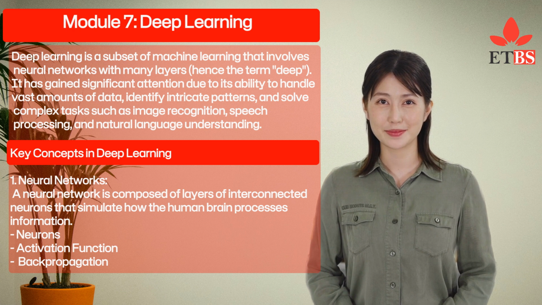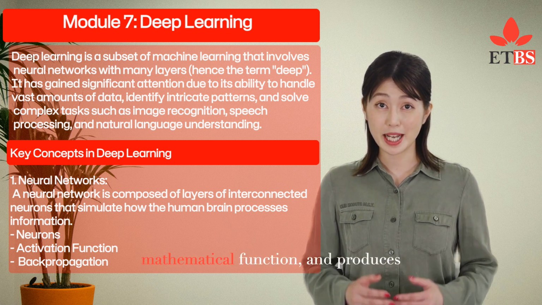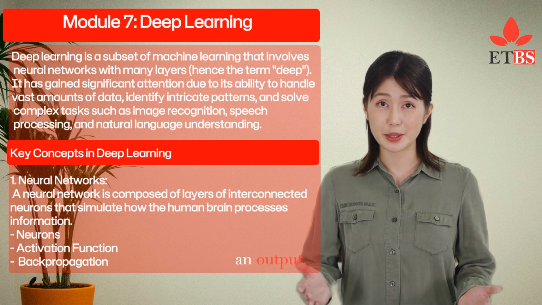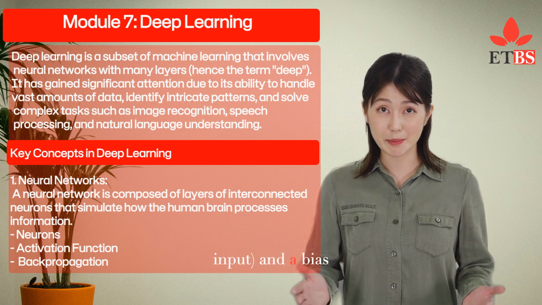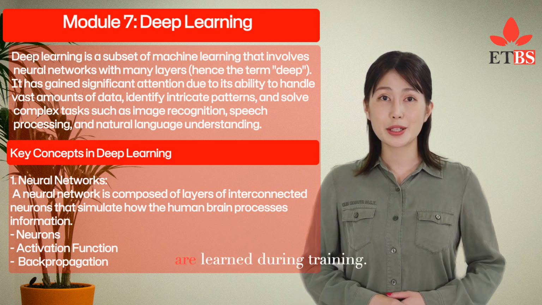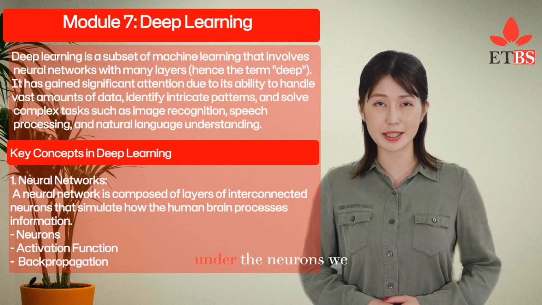Neurons. A neuron in a neural network receives inputs, processes them using a mathematical function, and produces an output. Each neuron has a weight, the importance of the input, and a bias, shifting the output, that are learned during training. Under the neurons we have